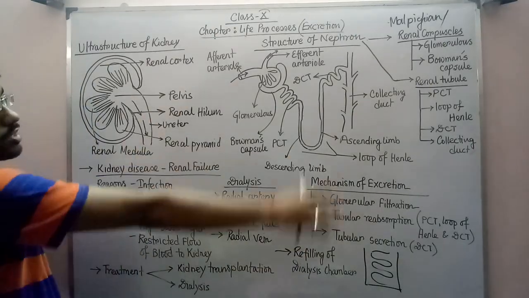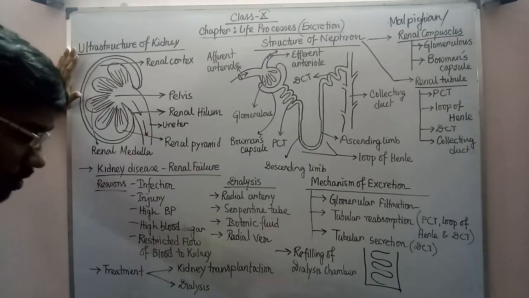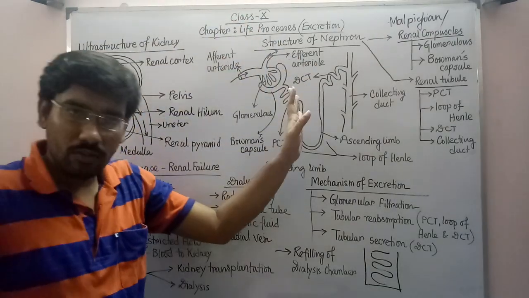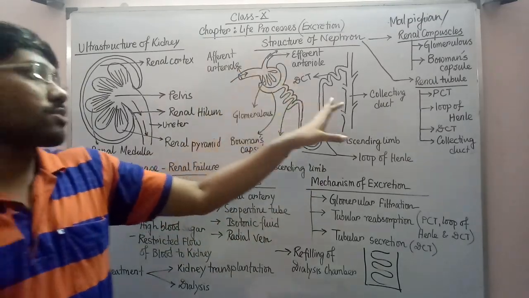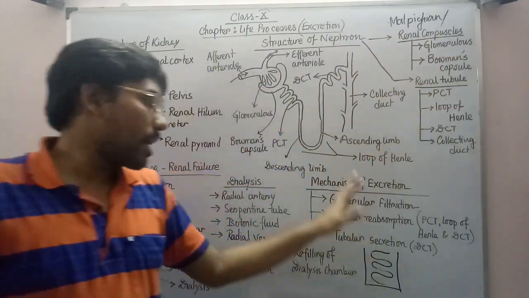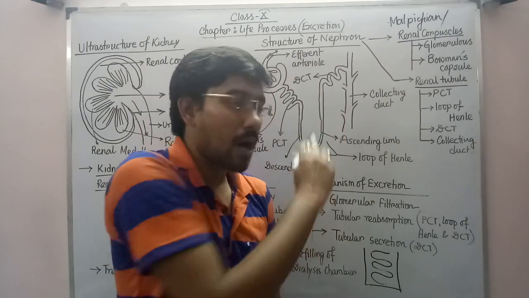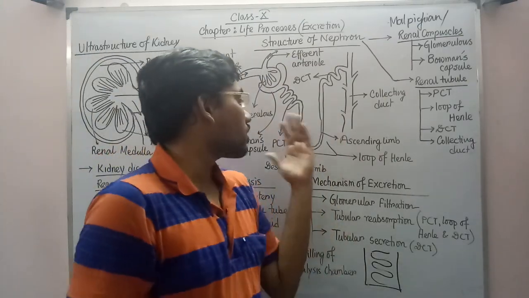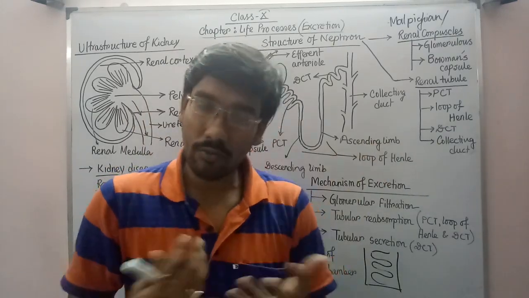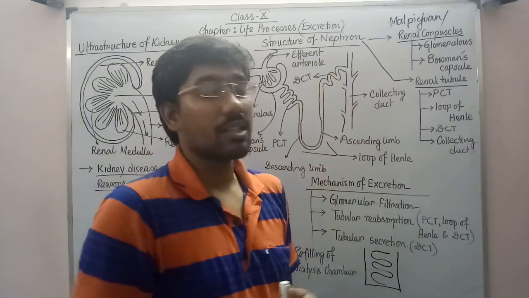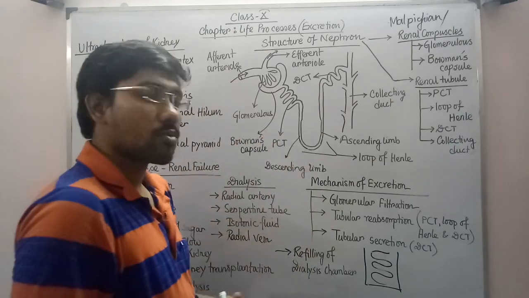So I think the entire portion, whatever I have taught in this video, we have understood properly. First we have discussed the structure of the kidney, then the entire structure of the nephron, which is the structural and functional unit of the excretory system, or rather the kidney. We have also discussed the mechanism of excretion or urine formation, how the urine gets concentrated throughout the entire pathway of the renal tubule, in the PCT portion, in the loop of Henle portion, in the DCT portion, whatever materials are reabsorbed, as well as in the collecting duct, whatever material is reabsorbed, and whatever material is secreted in the DCT region, so that the urine gets more toxic material before entering the collecting duct. So all those things we have discussed here.